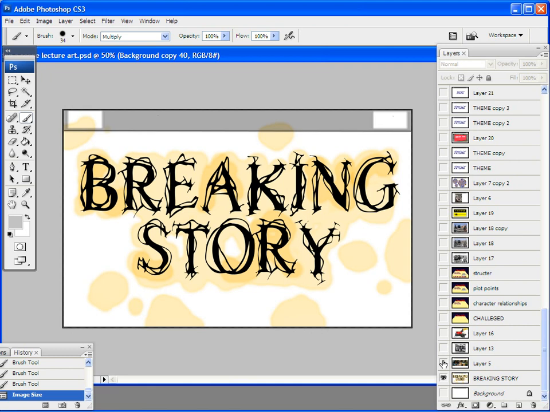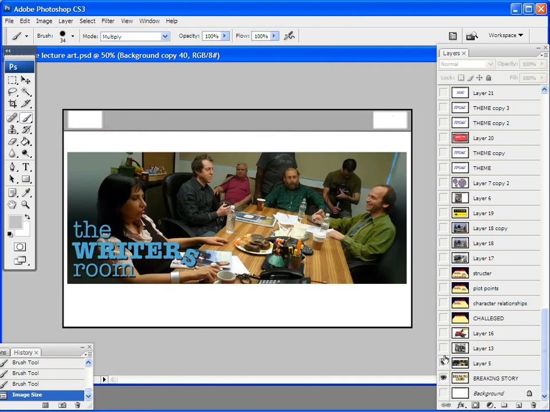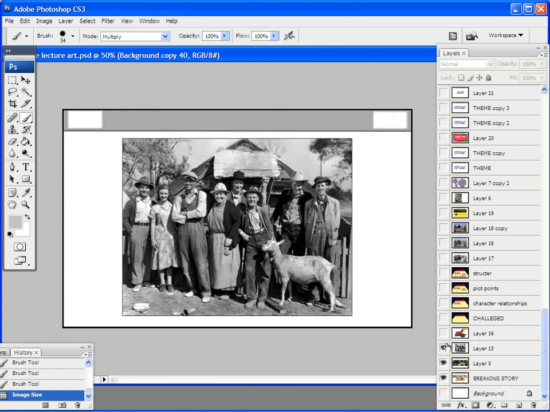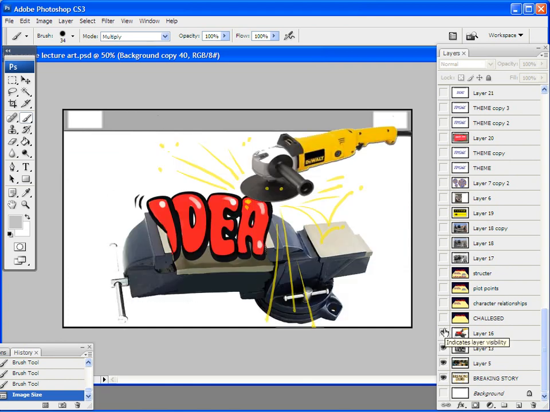So the term breaking story, as far as I know, originated from the writer's room, where you get a bunch of wordsmiths together to crack open ideas for a sitcom. But that term certainly also applies to us storyboard artists. Now basically, it's the process of taking an idea back into the shop, opening it up, taking the pieces out, giving it a new coat of paint, polishing it up, and trying to hone down to the crispest base element